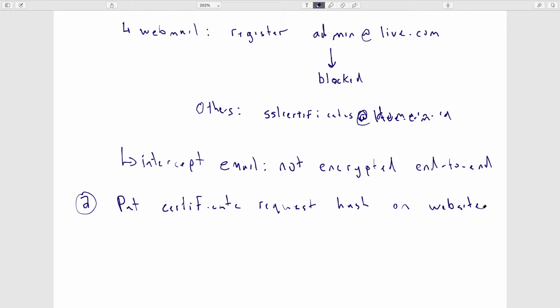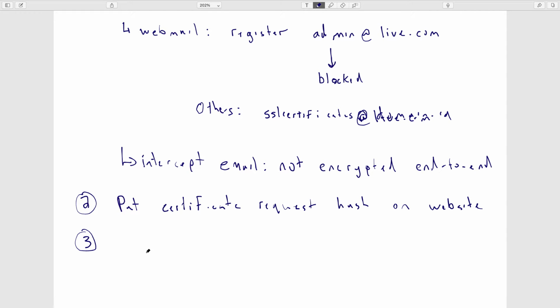So you might be able to, even though they go to the website, like the real Google, they look for that file and it's not there. So Google sends back a 404 file not found error, and then you replace that file not found with the request that you want. So the CA, it looks like they were able to successfully retrieve it. Now, in this case, you would have to be a man in the middle between the CA and the website. But anyways, so that's